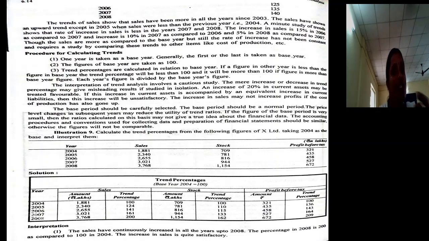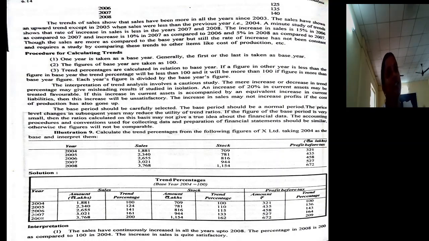Increase in current assets should be compared with increase in current liability. Increase in fixed assets should be compared with increase in liability and increase in capital. So there is a relationship. Only after analyzing such relationships, start giving interpretation. That is the meaning of that paragraph. Again, the earlier year will be considered as the base year. It should be a representative year. Representative year means it should contain all items which are there in the next year's financial statement.